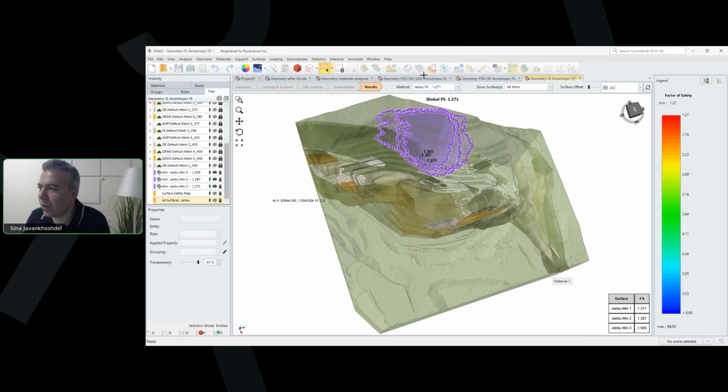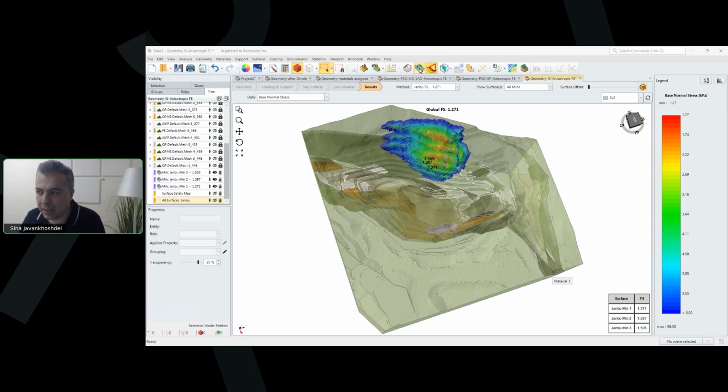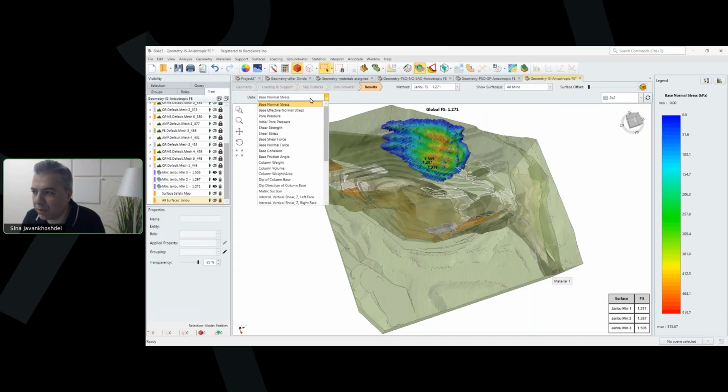The other thing that I wanted to show you in this model is how we identify the anisotropy in the model. So you can always go to this contour option. The contour option in Slide3 identifies the materials that these slip surfaces go through. They identify the stresses at the base of the columns, the column depth, the anisotropy. All these can be identified using these contours. For example, if I look at the base cohesion,